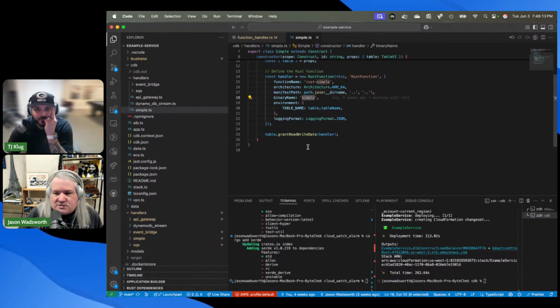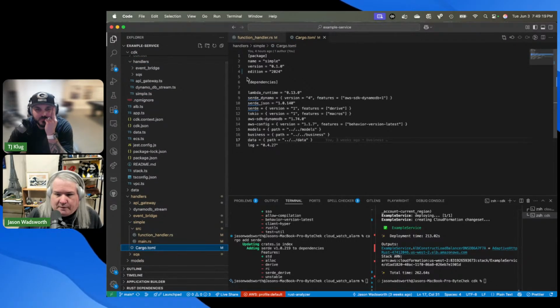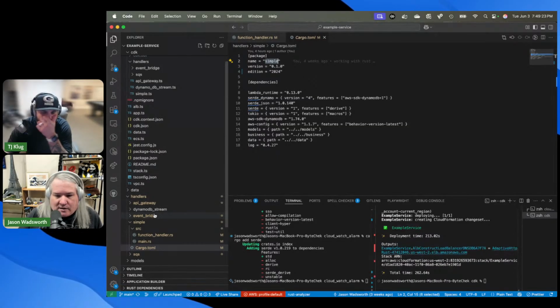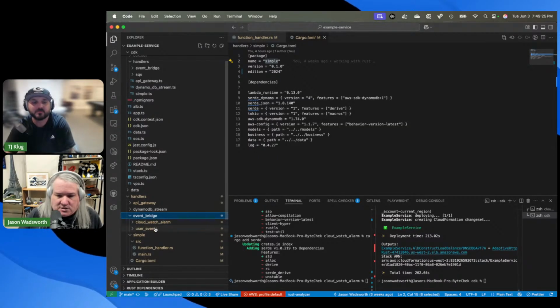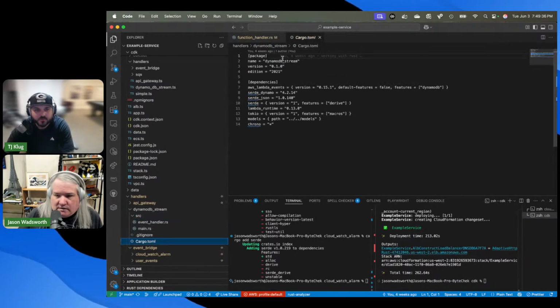And then it's going to use this binary name. That binary name has to be unique across your everything, and that's going to come from your Cargo Lambda file. And it's just this. Where that really comes in is you do have to uniquely name things. Like if I wanted to have a DynamoDB stream that was based off of users, I have to name this one. That one's just DynamoDB.